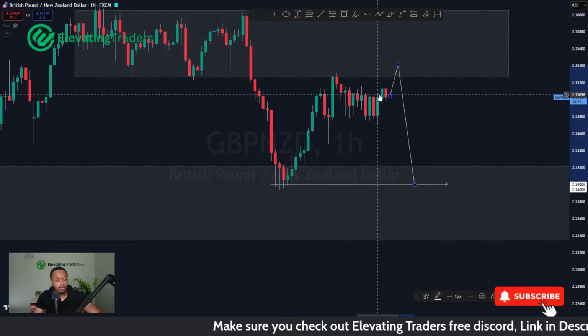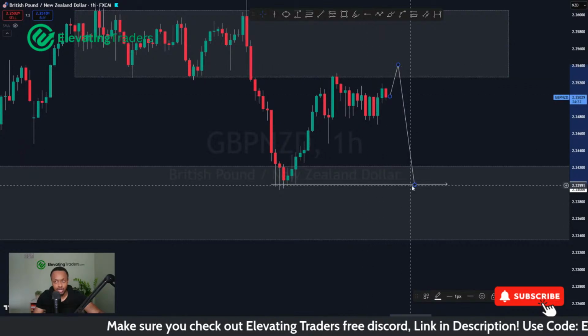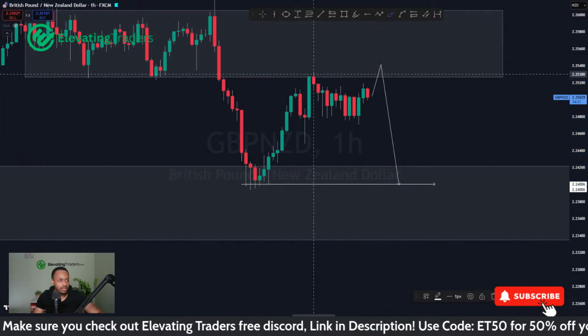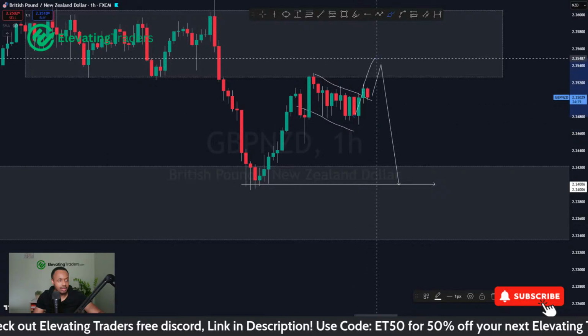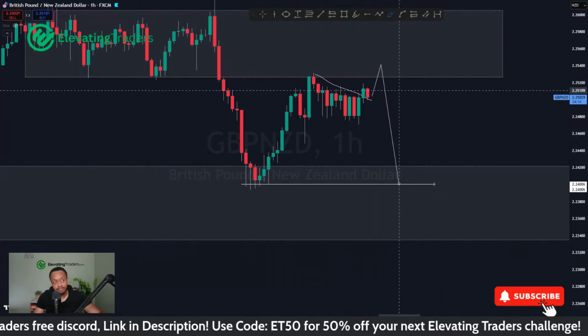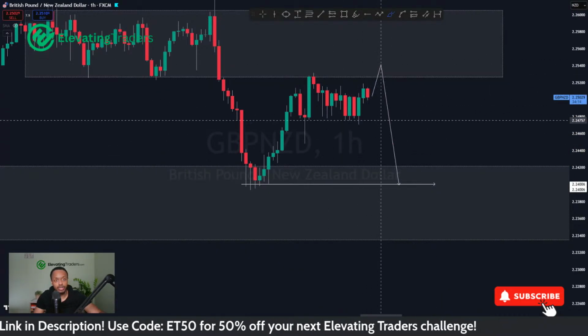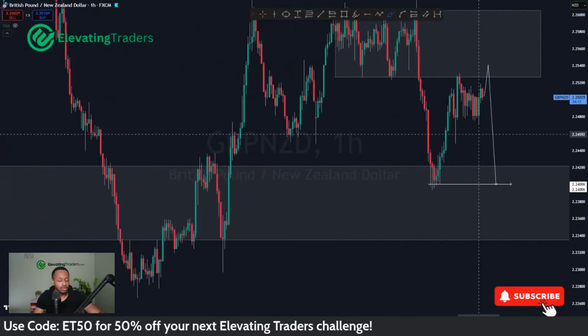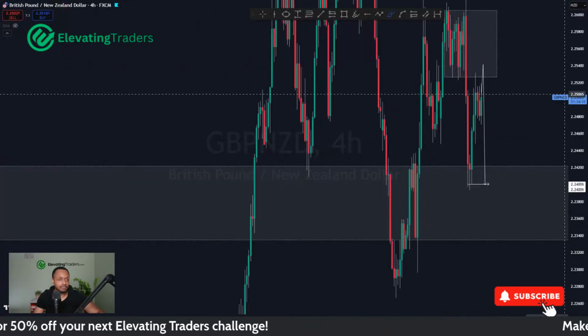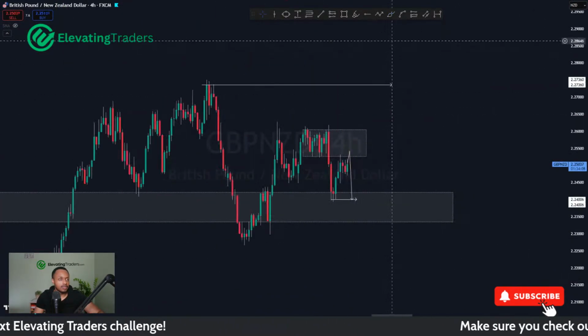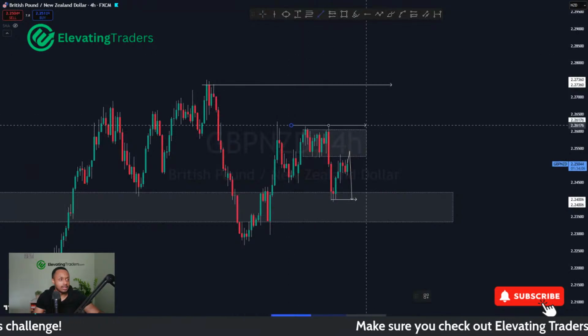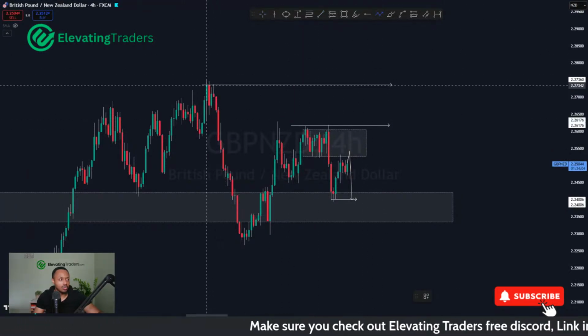I'll probably wait to see if we can push back up again into resistance and then reject it again, because we've been very sluggish here. So I like to see a push before a sell. But yeah, as long as we can hold 2.252, you're in a good place for a short. If, of course, this level clears, then the expectation will be a push back to the high.